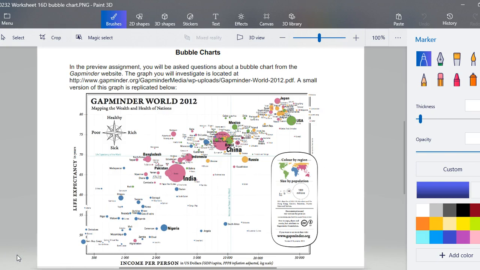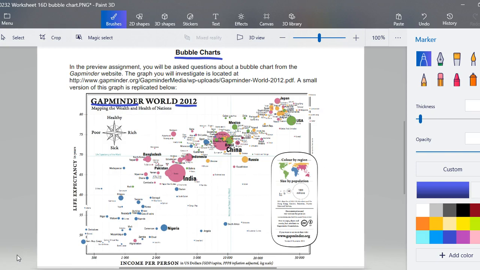So moving on down this lesson, we now are looking at bubble charts. I think this is one of the coolest things when you get to watch this chart in motion in class. You can go Google it on your own. But for right now, we are looking at the Gapminder World 2012. They're going to ask us several questions about this. I think instead of going over to the other part, I just want to look at this and answer some